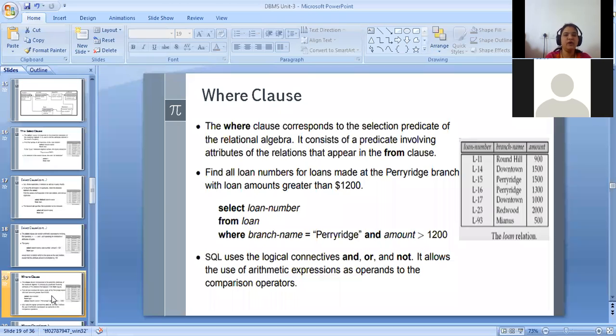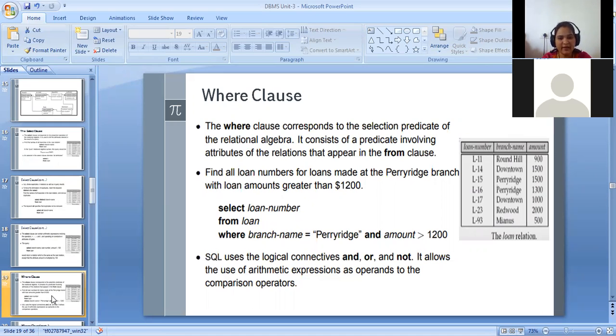After that, the where clause. Suppose there is any logical condition, logical expressions we want to apply, less than, greater than, is equal to, and we want specific records as output, then we have to use the where clause, and after that, the predicate. Over here, select loan number from loan where branch name is equal to Perryridge and amount is greater than 1200.